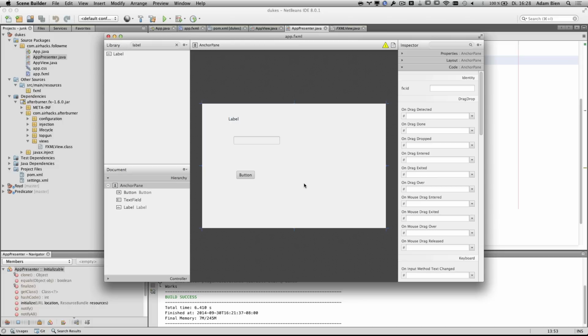If you try to file an issue, I get lots of requests, for instance many would like to have scopes, CDI scopes, and I always ask the question why, and there is no answer. They just like it. But if you have a reason for this, write the reason and I will implement it, because it doesn't seem to be hard. But right now, the idea of Afterburner is don't make me think. It's always the same. Whatever package I open, it's always the same structure without any variations. This is what I like in enterprise. There should be boring design over and over again, so there are no questions.